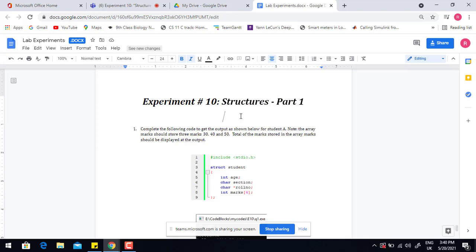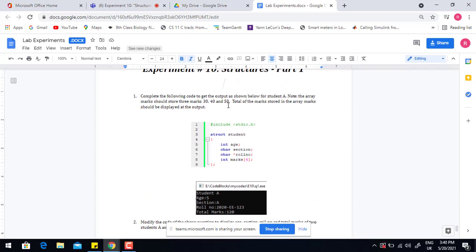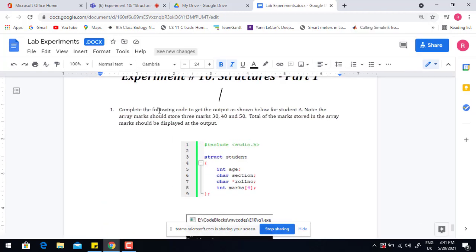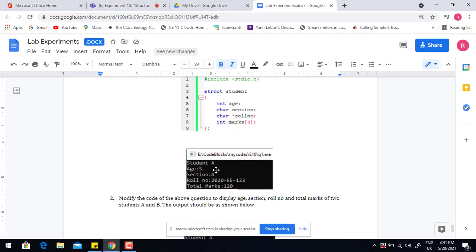Okay, in this experiment, in the first question, you have to complete the following code so that you get the output as shown over here. You can see that 4 members have been declared in this structure, and the name of this structure is student.